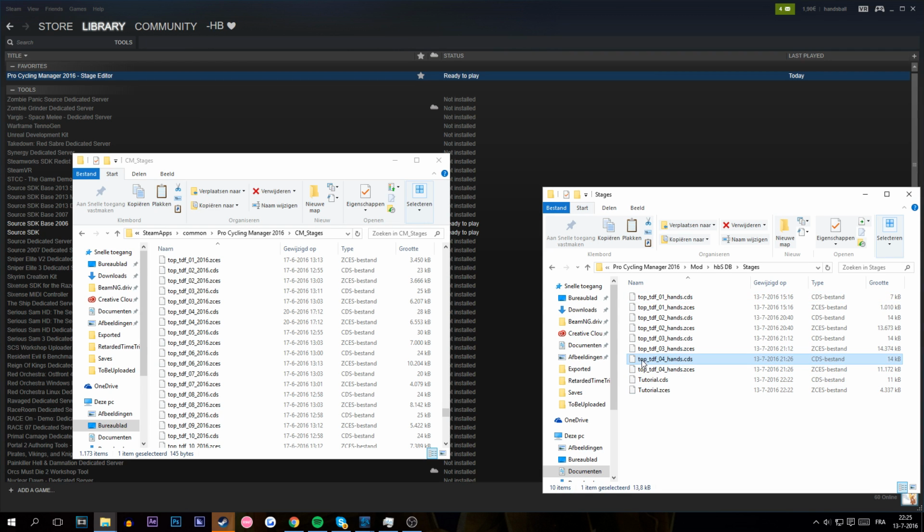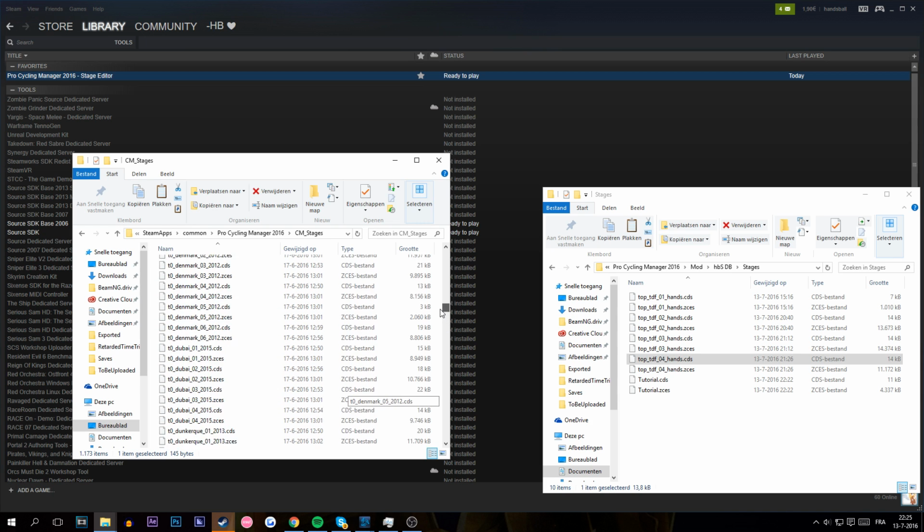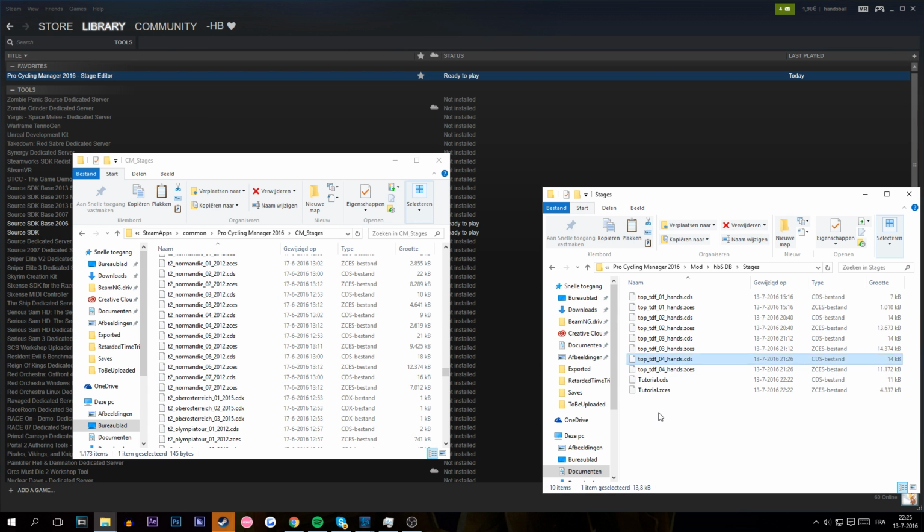Basically, the first part is like the division that it belongs to. So top is like the top division, like the World Tour. Then you also have C0 and Z1 that is continental and all these things. And then you also have the national championships and stuff like that. So the next part is then the race, like the abbreviation of a race, and the last part is the